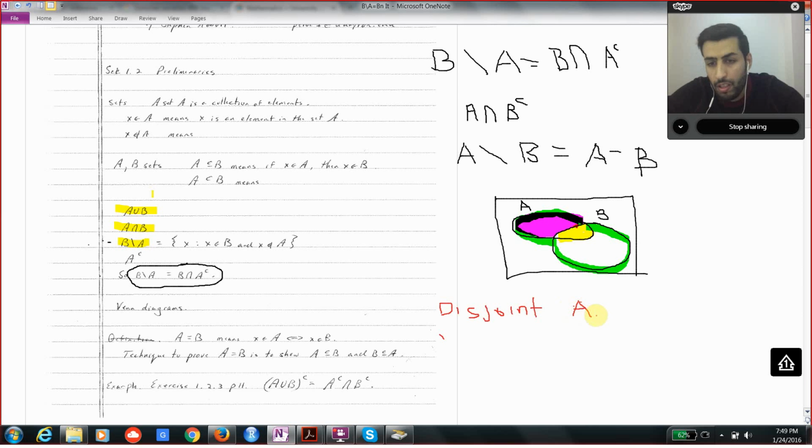So it means that A intersection B is equal to, exactly, good, he uses that notation. It looks like a phi, that's right. So this means that these two sets don't overlap. They have nothing in common, right? Now what I want to show is the following. I want to show that for any two sets,